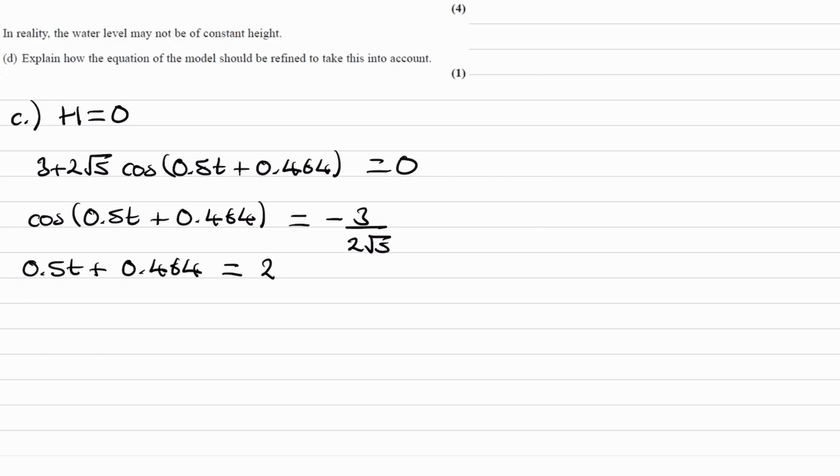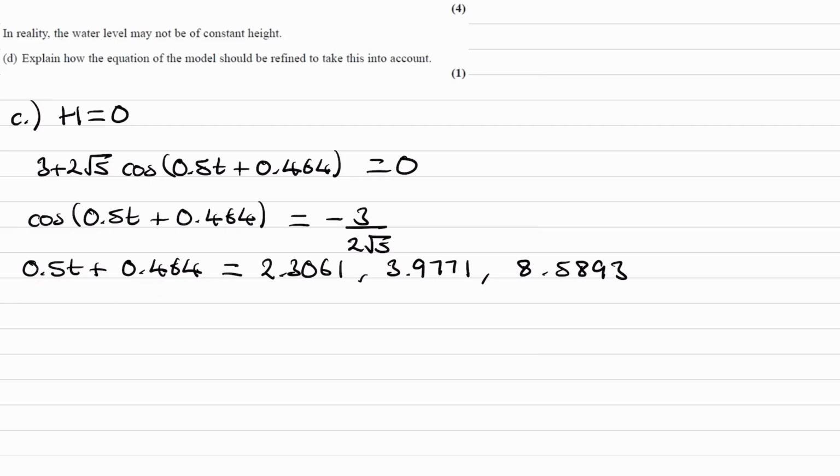And we end up with 2.3061 for our first value. It's a cos graph, so do 2 pi minus that to get our second value. That would be 3.9771. And then we can add 2 pi to either of these values to get our next values, because a cos graph repeats every 2 pi. So add 2 pi to this, we get 8.5893. Now we can rearrange for t, so with these 3 values here, take away the 0.464